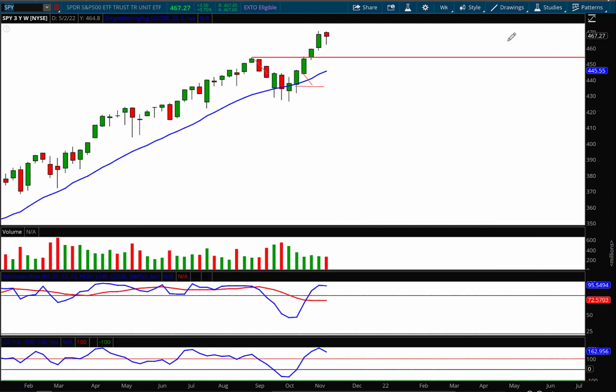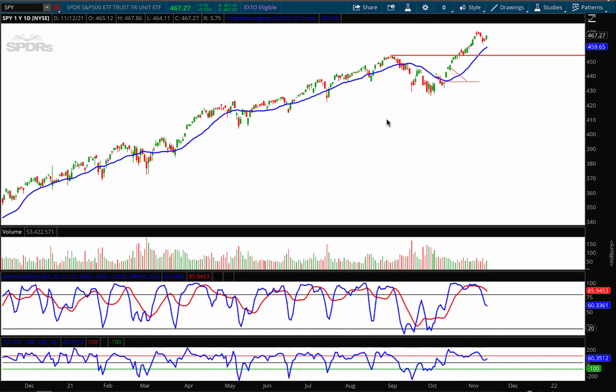Now, if we look at SPY, this is the S&P 500 on the weekly chart. We're seeing the same exact thing. We're seeing a hanging man there. We're seeing the oscillators starting to turn. I think we're going to pull back to this role reversal here that I've drawn on the daily chart. I'll switch to the daily chart so you can see that. It's already starting to happen. I do see this going a little bit higher like we saw in the diamonds, but again, by the end of the week, I think we could pull back a little bit more in the S&P. So my forecast for the S&P on the downside by the end of next week is 455.55, all right, 455.55,